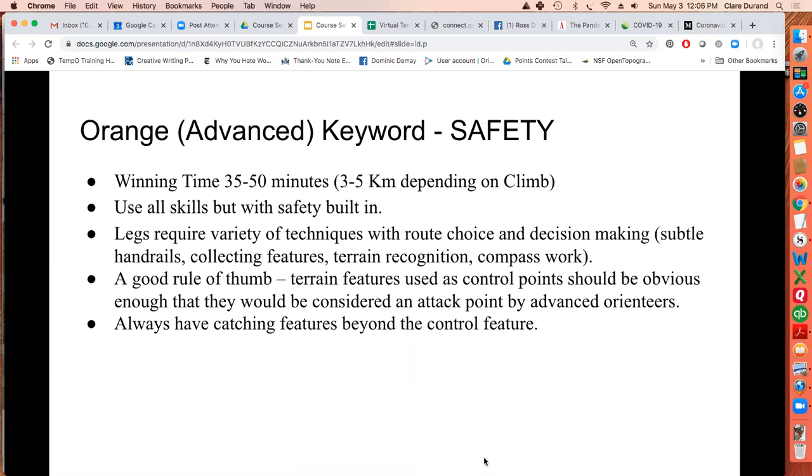Many clubs do not use the word advanced to describe their Orange course. LAOC does. We use the word advanced for the Orange course. The reason we do this is because, to the vast majority of lay people who do not already orienteer, what we do on an Orange course would be considered advanced